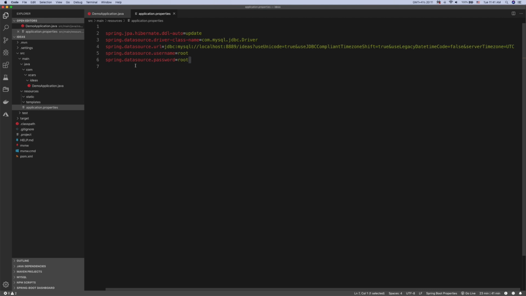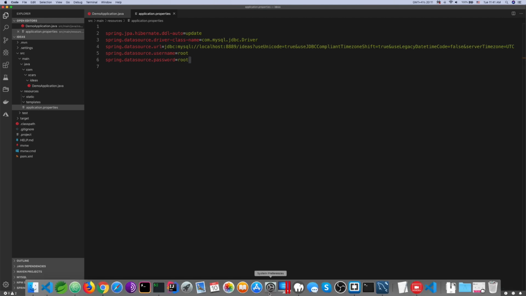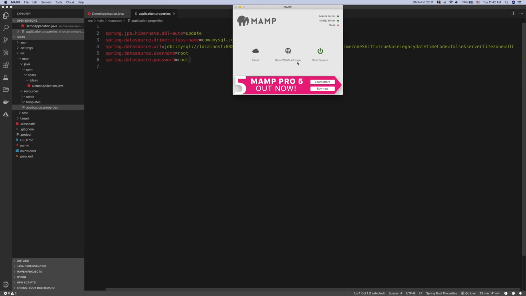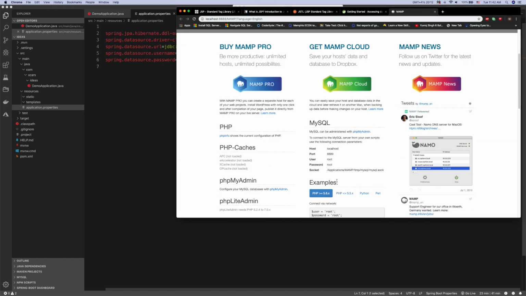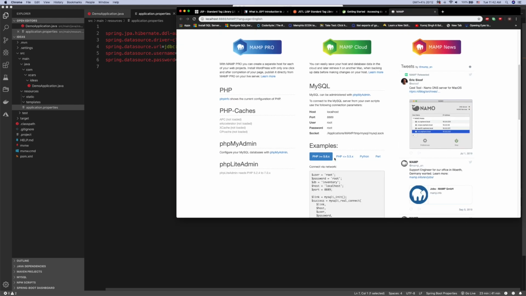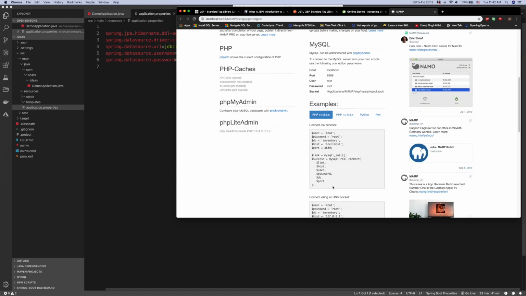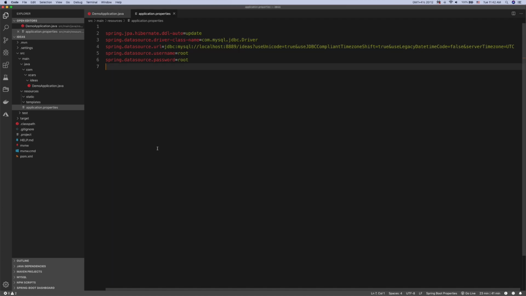So the user and password, mine is root. And to show you that, let me double check. So that's my username and password. I can definitely change it anytime, but it's for tutorial purposes. You never want to put your exact username and password. You don't share it, because if someone has the user, password and the port number for this machine, it's easier to hack it. So for now, we are done with application.properties, but we need to come back to it